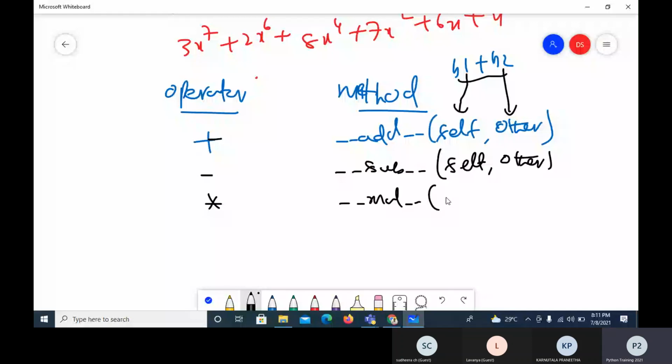One is real division, and it is named true division, underscore underscore truediv underscore underscore, self and other. Similarly, I'll list out all the operators and the associated methods. Then there is double slash.